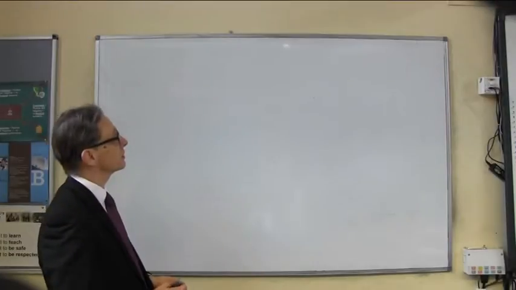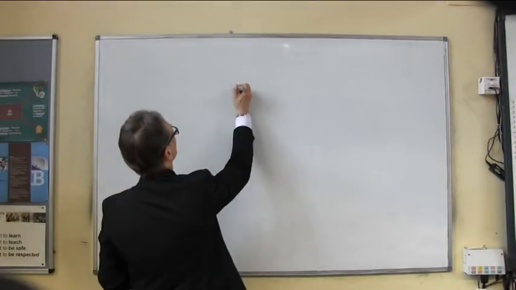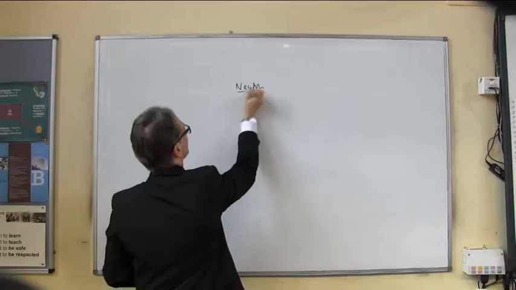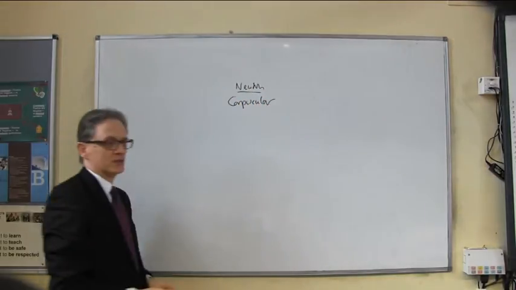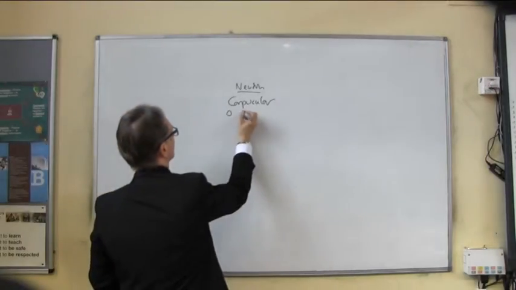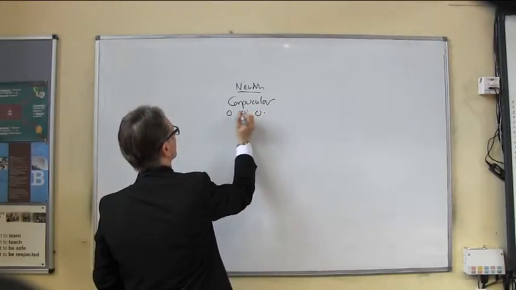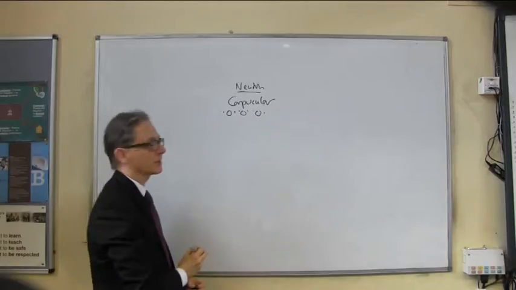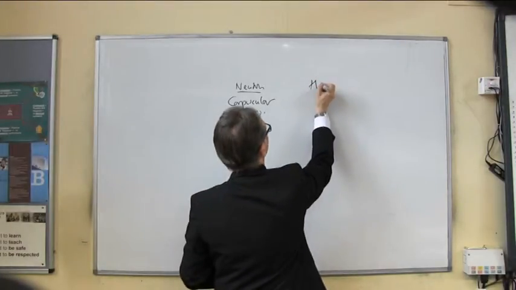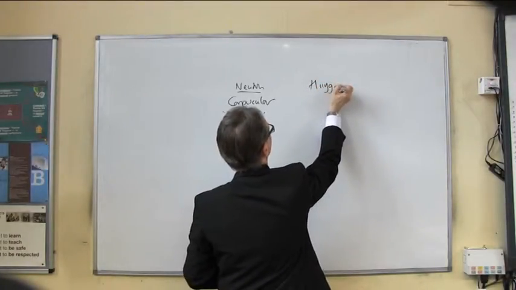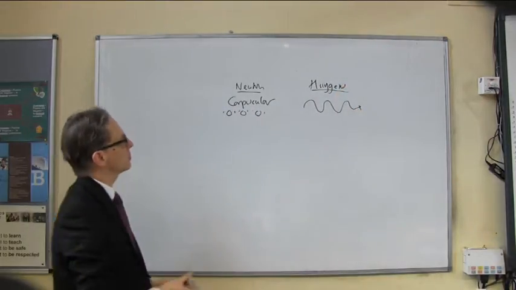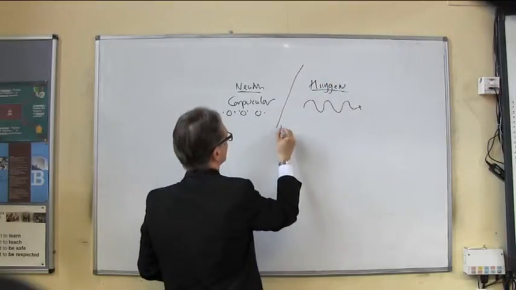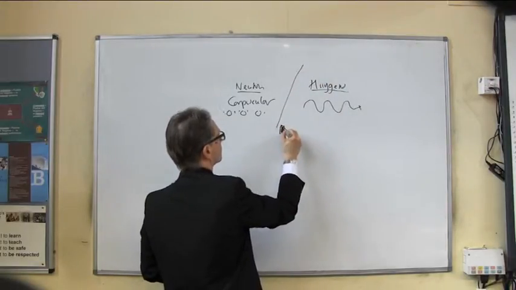If we just summarise where we got to last time, we have Isaac Newton with his corpuscular theory, with light as little, I think, vibrating particles, and we have the theory of Christian Huygens, which is the idea of the wave. We talked last time about the fact that what you need is a sort of pivotal or crucial experiment